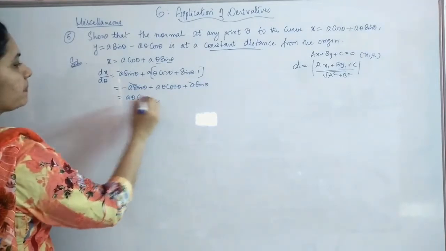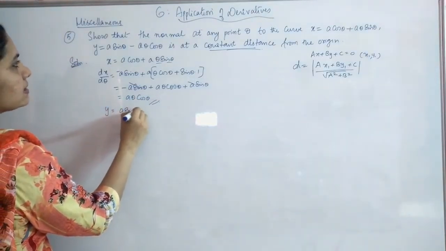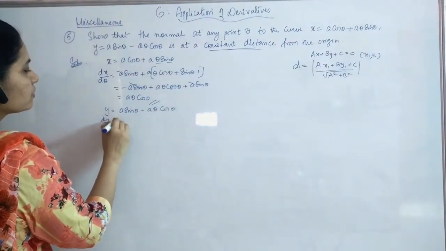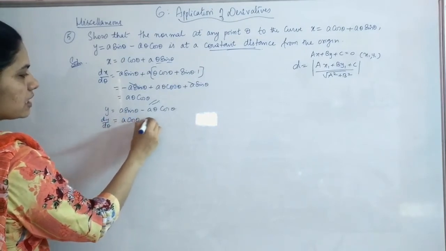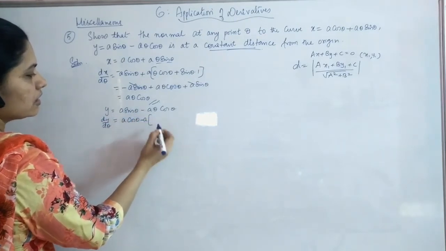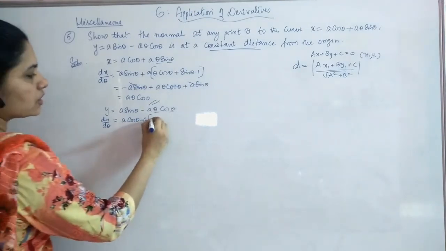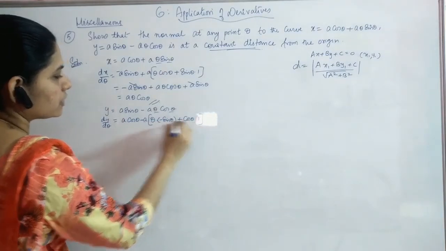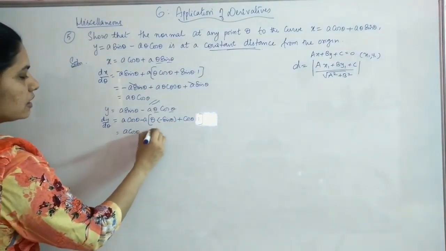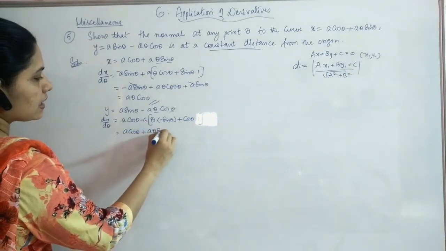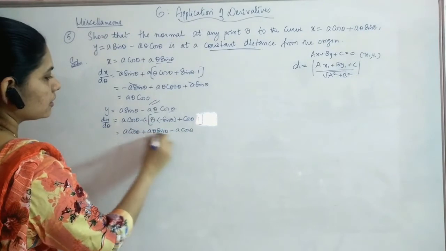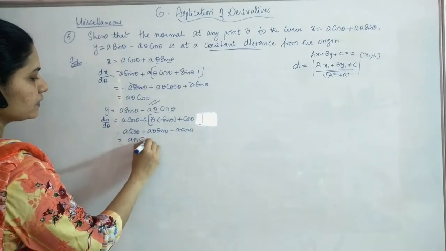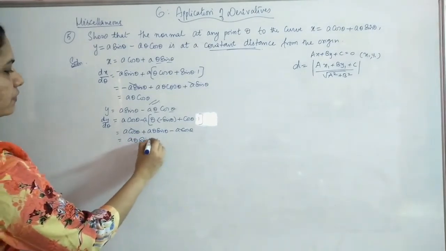Now y is equal to a sin theta minus a theta cos theta. Again dy by d theta gives the derivative of sin theta, cos theta, minus a into, again a product of two. So theta into the derivative of cos theta, minus sin theta, plus cos theta into the derivative of theta, 1. So you get a cos theta minus, into minus, plus a theta sin theta minus a cos theta. Again these two get cancelled and you get a theta sin theta as the derivative of y with respect to theta.